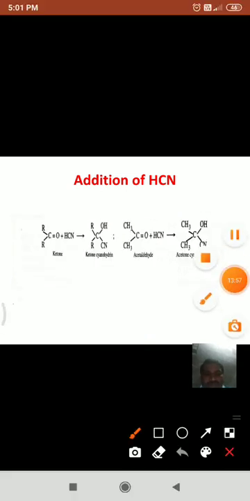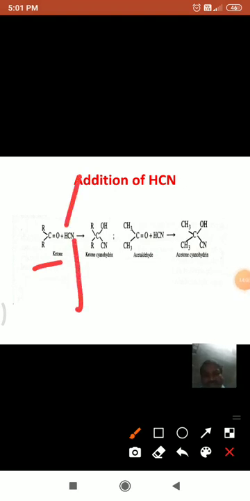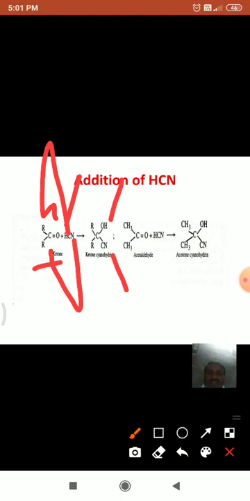Then this reaction is carried out in basic conditions. That means an aldehyde forms aldehyde cyanohydrin. For example, acetaldehyde forms acetaldehyde cyanohydrin. And next, if you take a ketone here, this ketone reacts with hydrogen cyanide. Again, cyanide adds at carbon and hydrogen is at oxygen. And the formed product is also alpha cyanoalcohol. This is called ketone cyanohydrin.